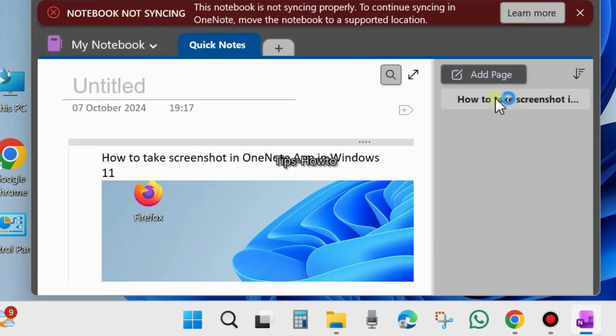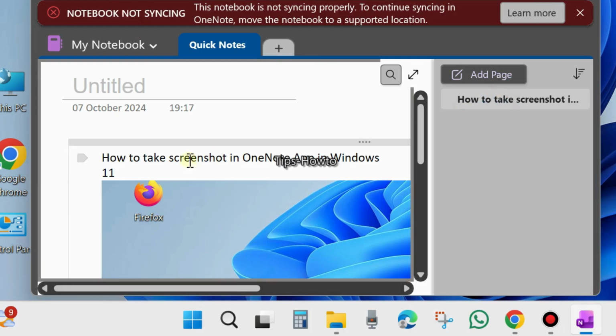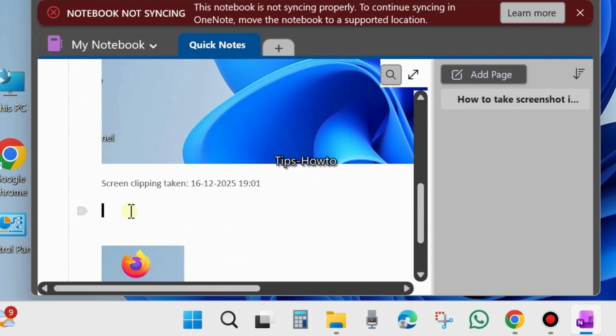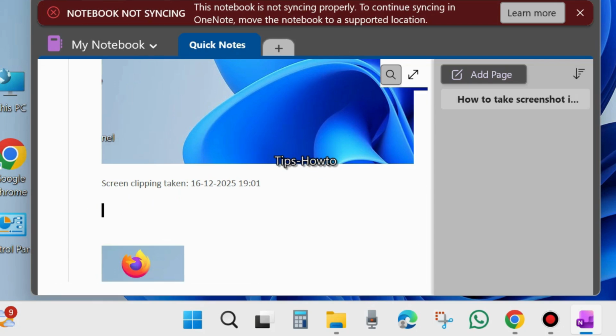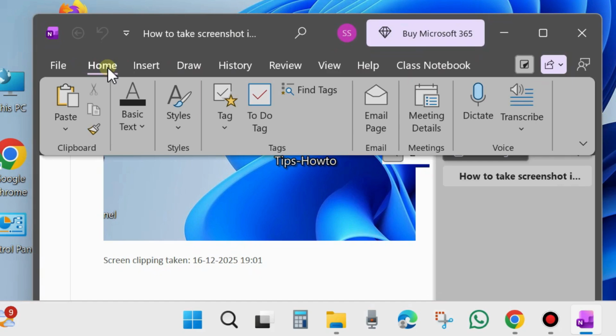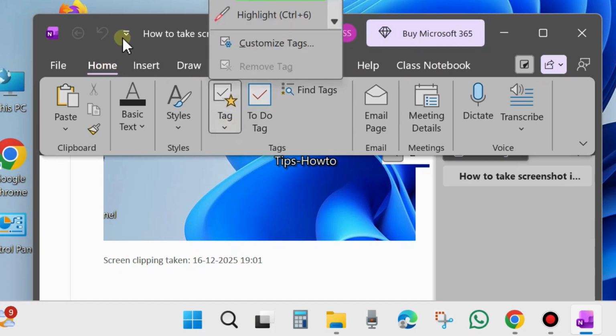OneNote app is now open. Here go to your page and choose where you want to create a tag. Keep the cursor where you want to create a tag, and from the top menu bar go to Home, and here you will find the option Tag. Click on the small arrow and here